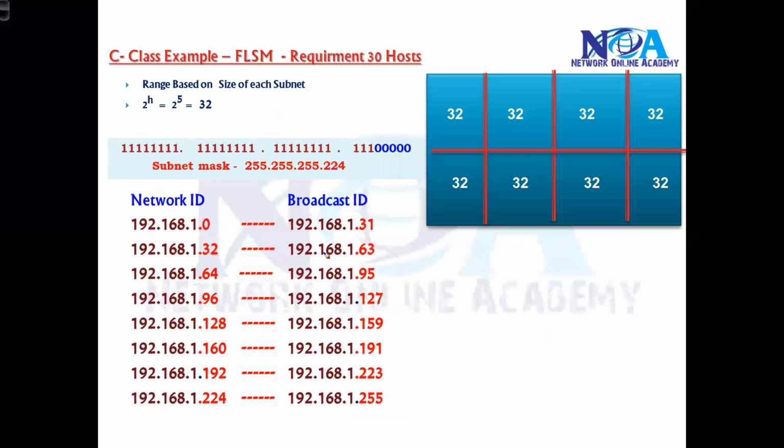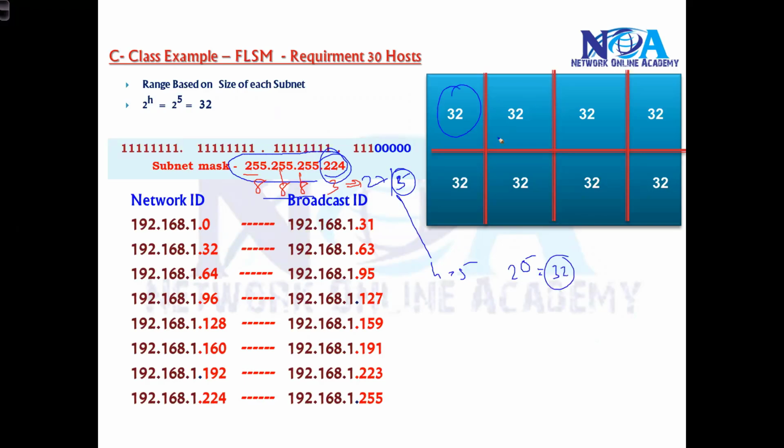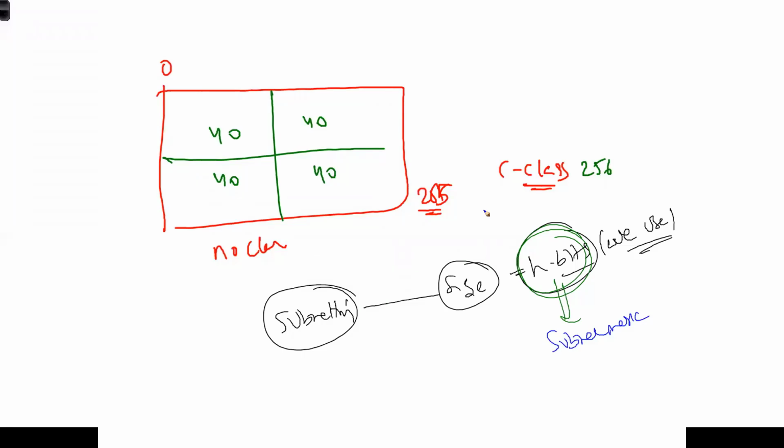So when I'm writing a subnet mask of 255.255.255.224, I'm saying that there are 8, 8, 8 and 3 network bits, which means the remaining are all host bits. Remaining means you can count 27 network bits, so the remaining are 28, 29, 30, 31, 32, which is 5. Based on this, 2 to the power of 5 is 32, which means a block of 32 addresses is one network, irrespective of any class.